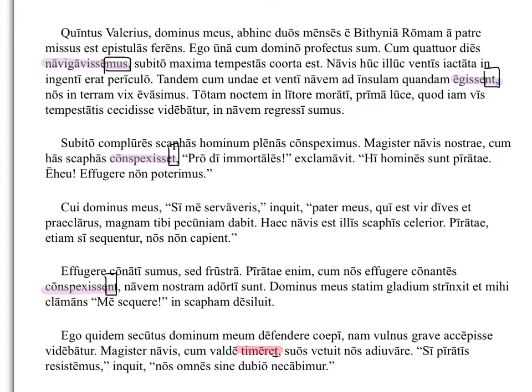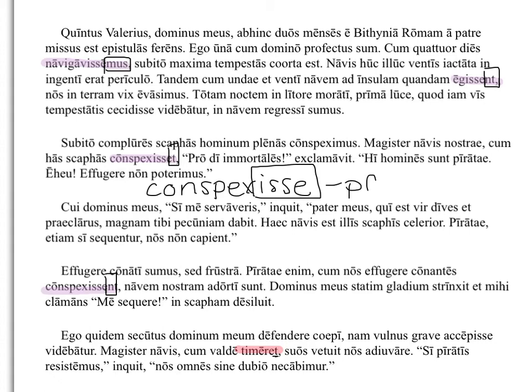But what's left over? If I take off the t, I'm looking here at conspexisset. If I take off the t, so no t, I didn't write the t, what am I left with? What is this form with this isse? That's your perfect active infinitive. So, if we think about what we just saw looking down here at timoret at the bottom, with the imperfect subjunctive, we had the infinitive plus t. Well, here we have another infinitive. It's just a perfect infinitive plus t.